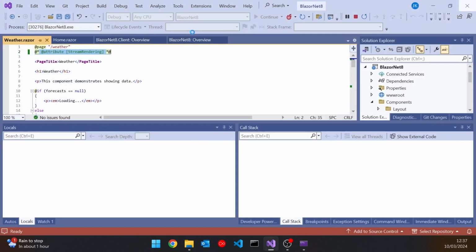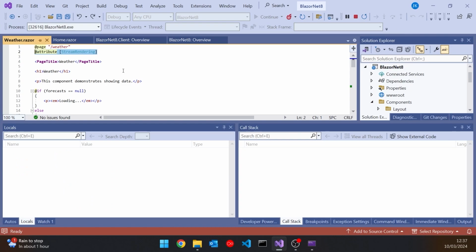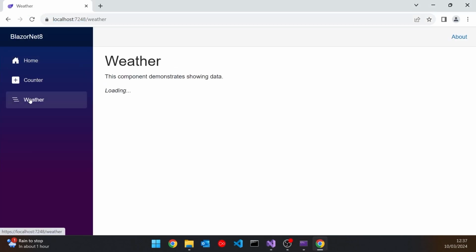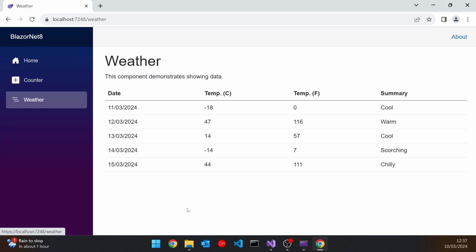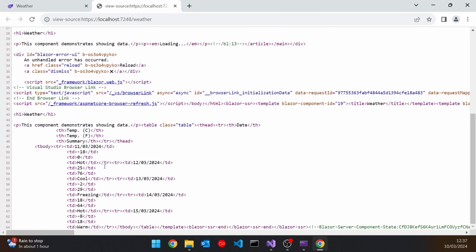Whereas if I have that in, then we saw that it shows that loading, which was the initial rendition of the page, and then we get the final result. And if we again look at the page source there, you can see that what's come through is the full weather forecast there, so that's the final result that we had. So that's the default behavior that we have, this idea of static rendering done on the server, which is very, very efficient and gets you results quick enough.